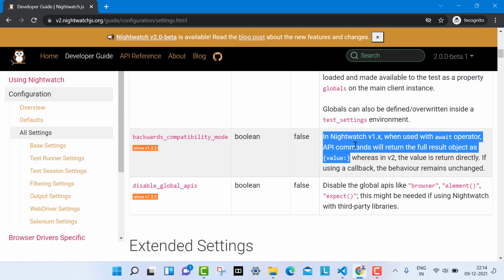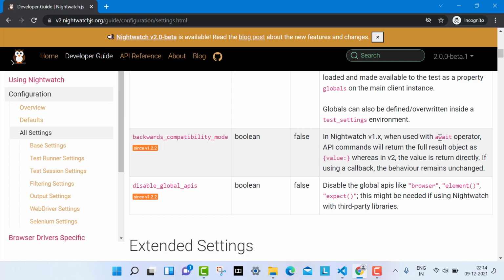okay, because you will see what this await is. Who are the people who don't know about JavaScript asynchronous commands? They will face difficulties in understanding this one, I'm sure. So I request you to go through a JavaScript tutorial. There are a lot of YouTube JavaScript tutorials, or you can find it on W3Schools.